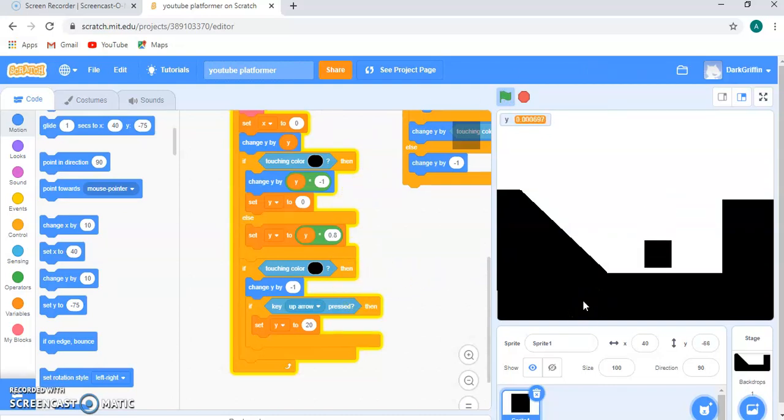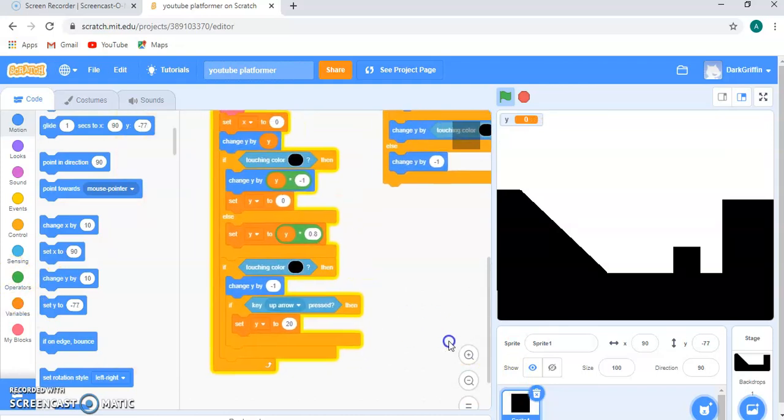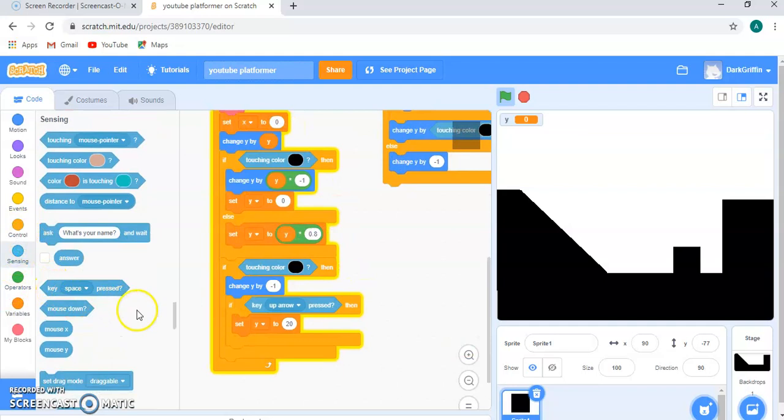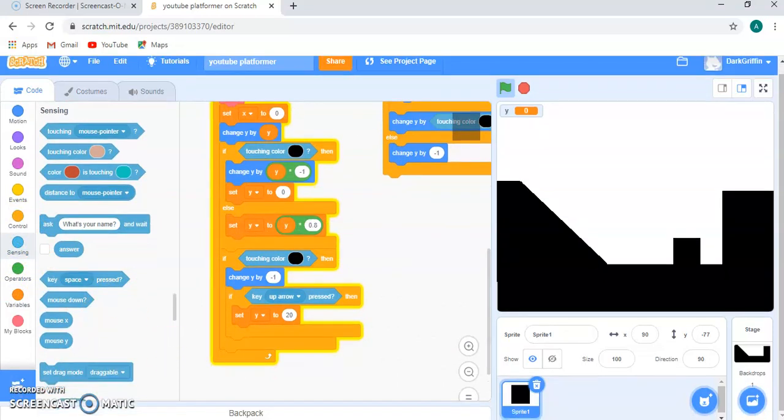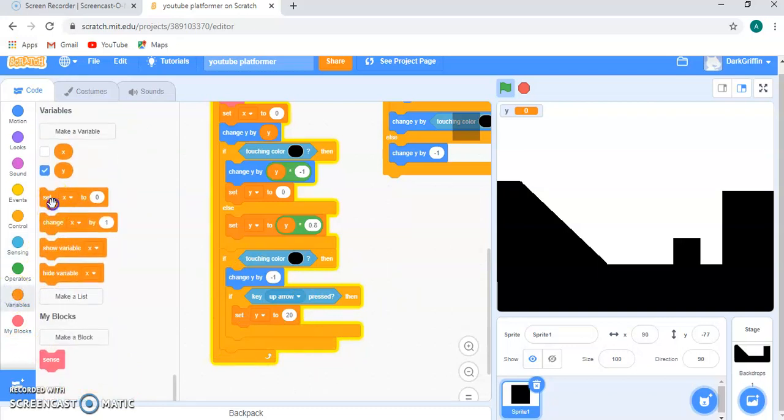Now what's bad is it's being a bit inconsistent. So if we jump up and down, it will be a bit inconsistent when we add the falling mechanic. It's going to be a bit different. So you just want to put in a block where it will set Y to 0. So let's just put that